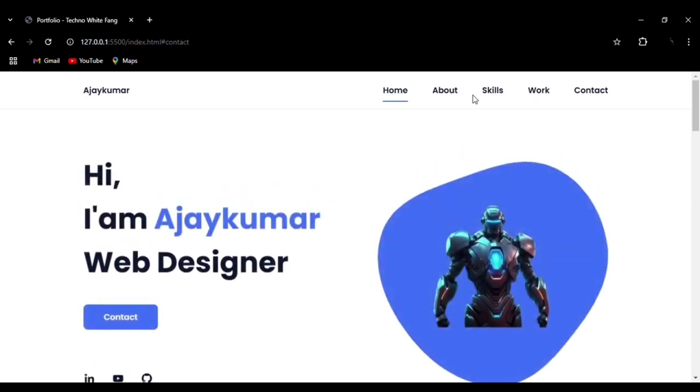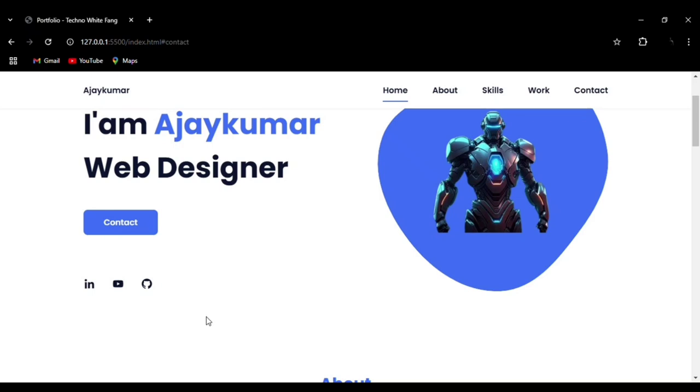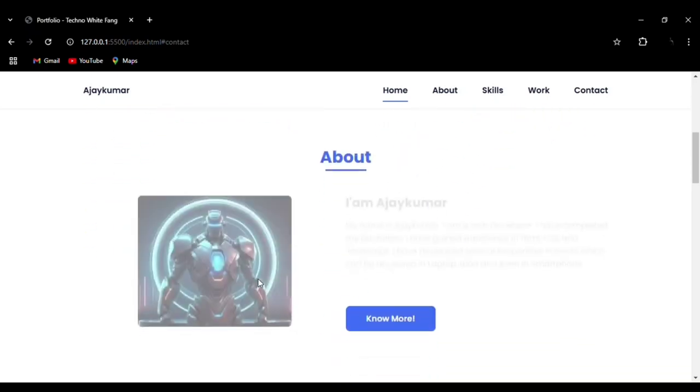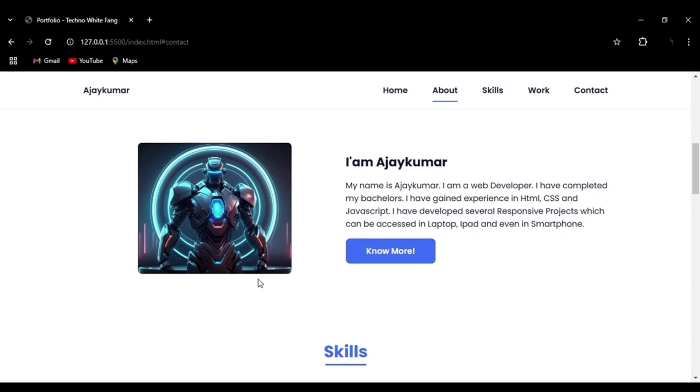You can see the smooth animation. Right now we are in the navbar section: home, about, skill. You can see the hover effect under it. Then we can see the border effect around the contact button, and you can see the hover color effect on the social media icons. Then the about section,